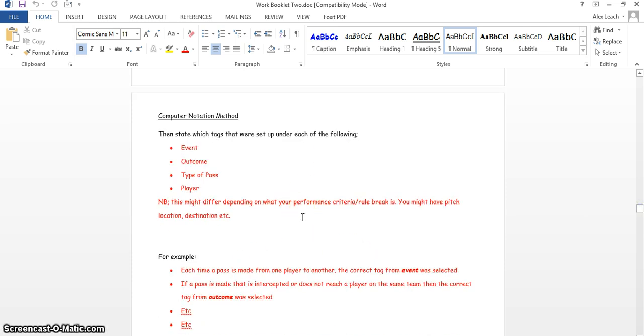So what types of buttons did you use? So your performance criteria and your rule break were event buttons, and then your work rate, so your walking, jogging, and sprinting, were continuous event buttons. And then you talk about how everything else were keyword buttons, which are descriptive buttons. And then what you need to do